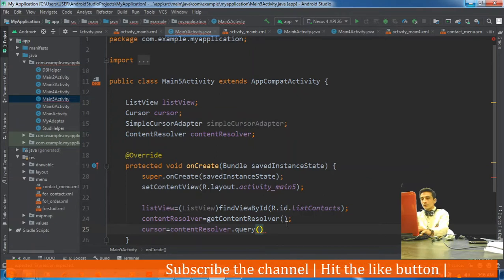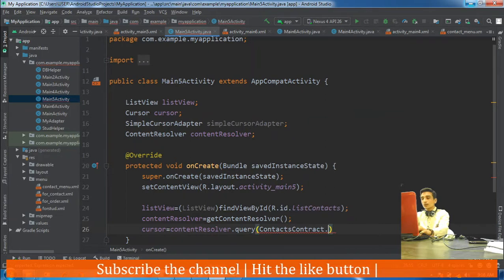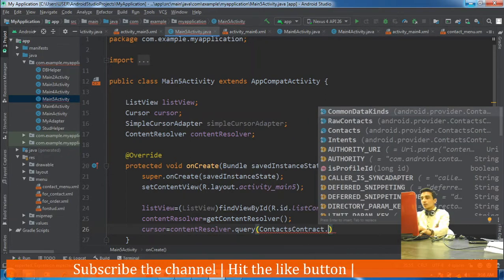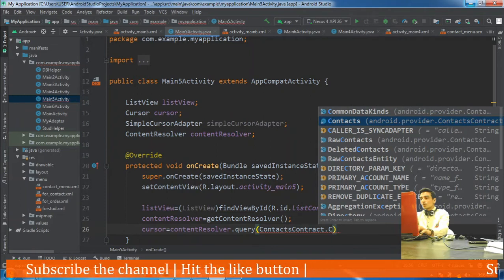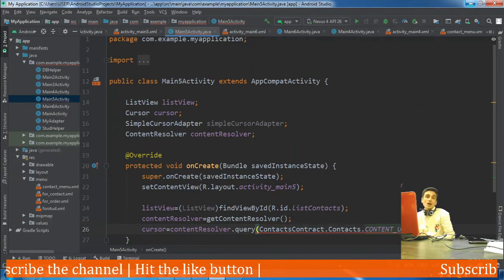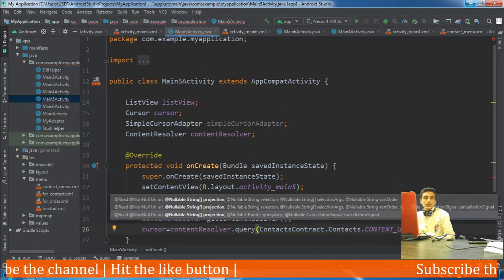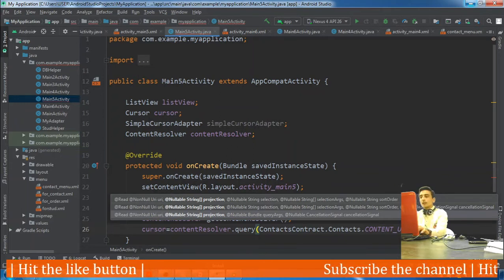The first argument is the URI, ContactsContract content URI, that is the URI of the contact content provider, which is the master table. The second argument is the name of the column which we need, in the form of a string array.